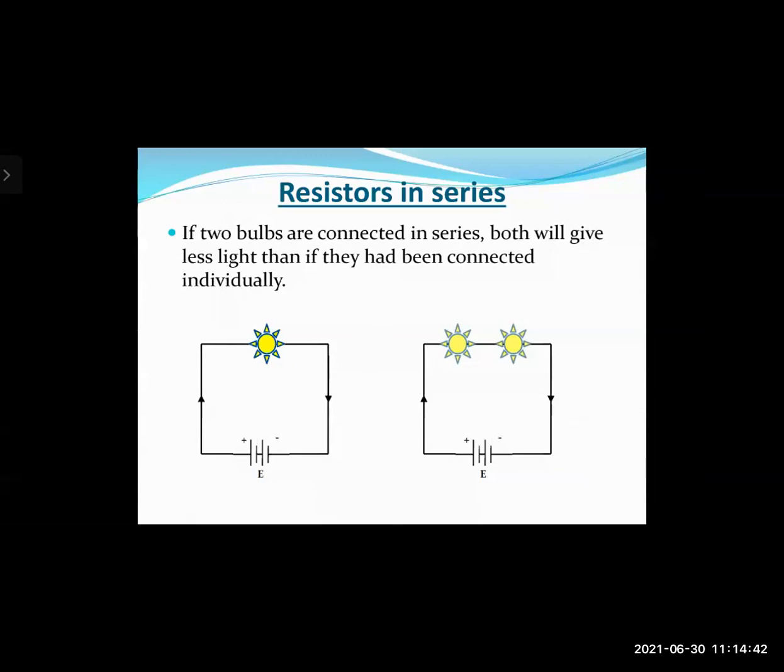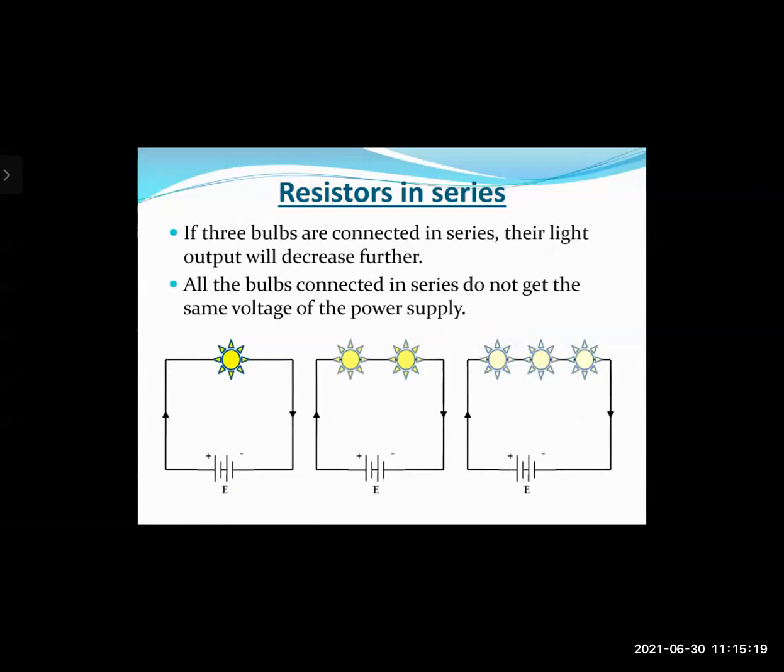Okay, now when you have those two bulbs connected one after the other, what will happen? The voltage will now get divided between those two, but the current flowing will be the same. Okay, so because the voltage is now divided, both the bulbs will have to share that voltage. Okay, so there will be a voltage drop. Okay, so as you can see from the color, the two bulbs, they are glowing less brightly as compared to the single bulb on the left hand side. The single bulb is glowing brightly, but when you connect two of them in a series combination, the two will be slightly dim. Now let us take this example further.